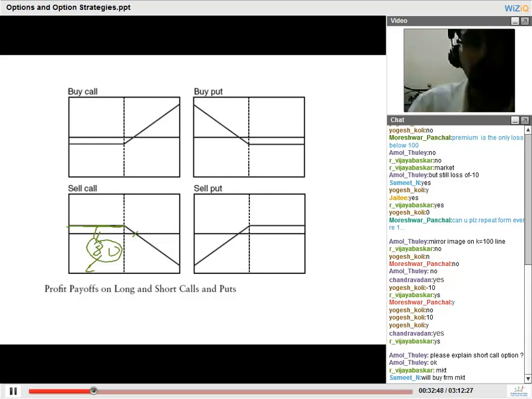As the stock price moves up to 110, will the buyer now buy from this guy at 100 or will he buy from the market at 110? Will he buy from the seller? He will now buy from the seller as the price moves to 110. So the seller, or the short party, will have to sell to the buyer at a price of 100.